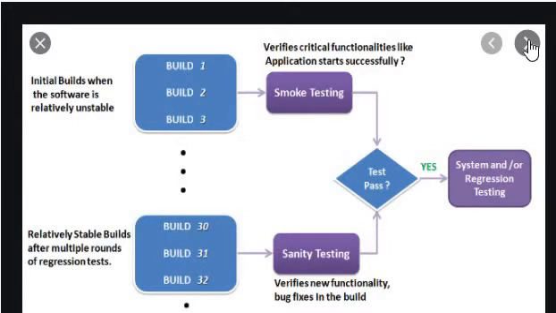Now, what is sanity testing? Sanity testing is a kind of software testing performed after receiving a software build with minor changes in code or functionality to ascertain that the bugs have been fixed and no further issues are introduced due to these changes. The goal is to determine that the proposed functionality works roughly as expected.